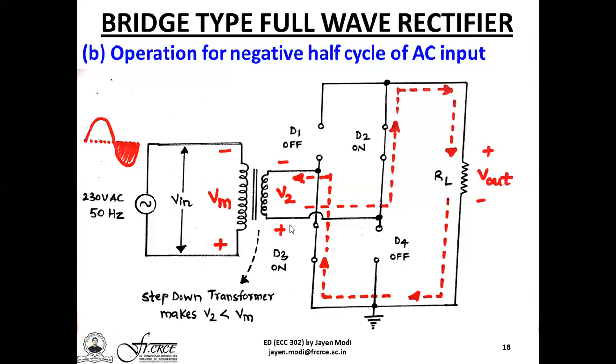Since the current flows from a point of high potential to a point of low potential, we have the current that starts from the lower half, that is the positive potential. The current directly goes through diode D2 because D4 is now already off. It goes through D2, it goes into the load RL because the current cannot go back because D1 is again off. The current goes into the load RL with the top part plus and the bottom part minus.